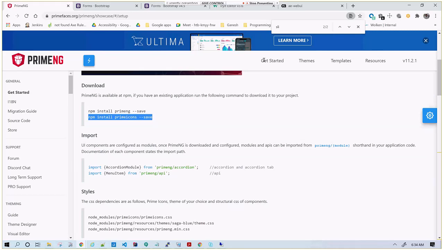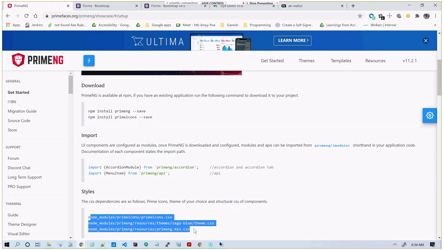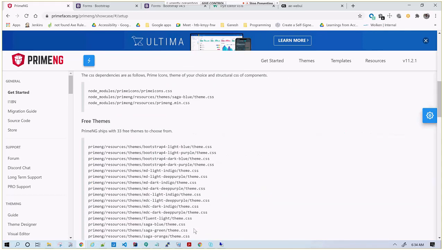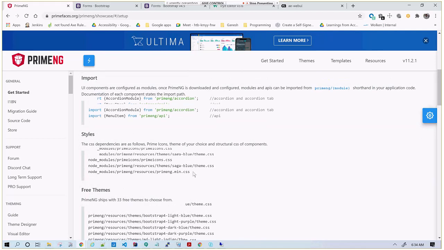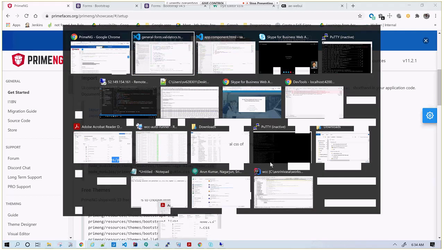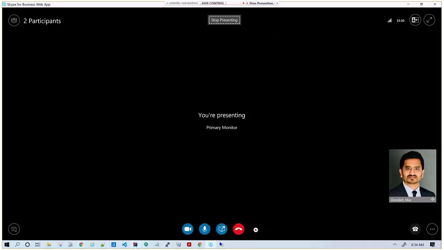Can you just link it in angular.json? Yeah, these we have to add inside angular.json. So you need to add it again in the JSON file, right? This will work. The node modules. Okay, I get it.